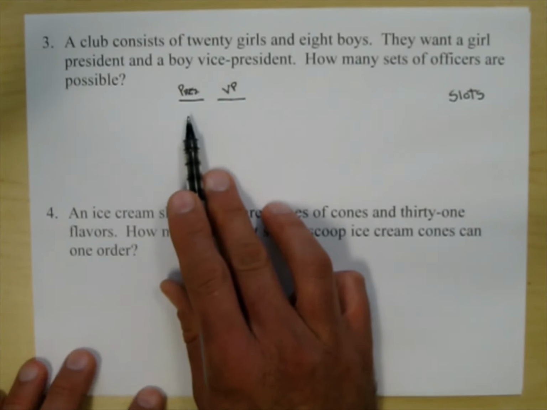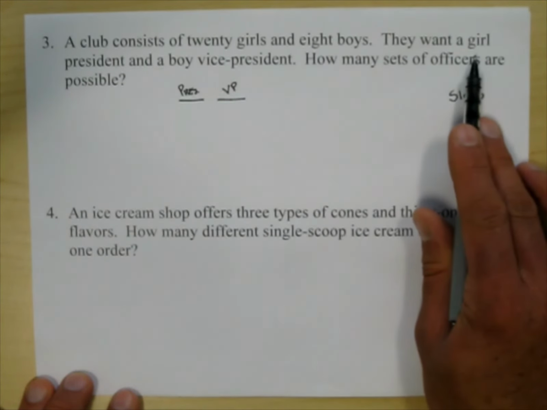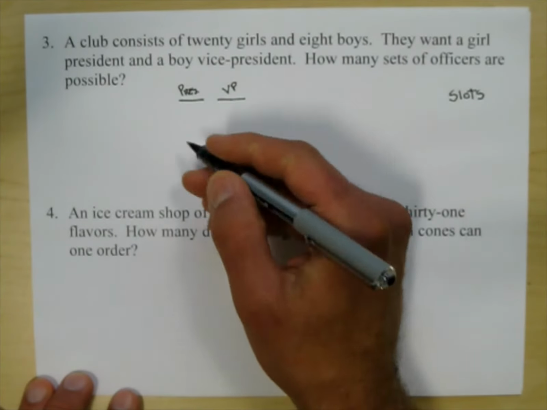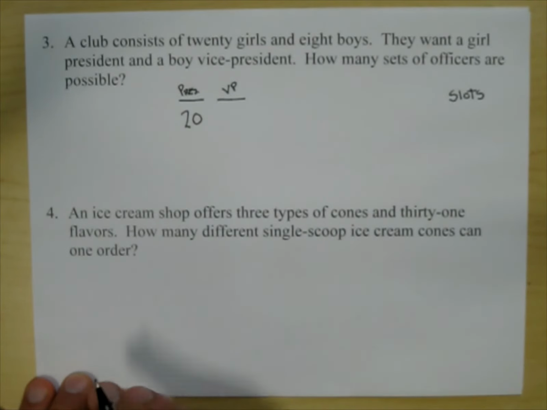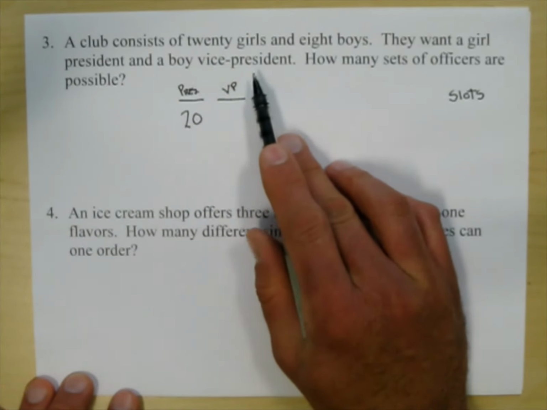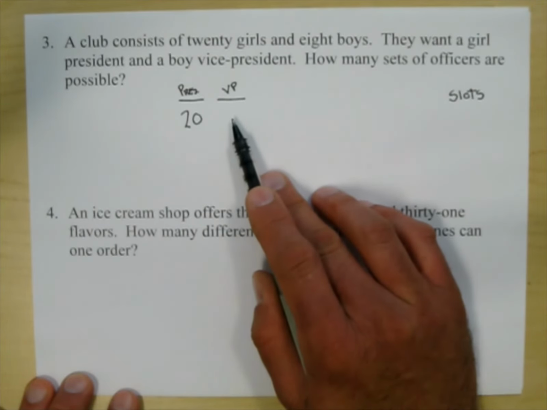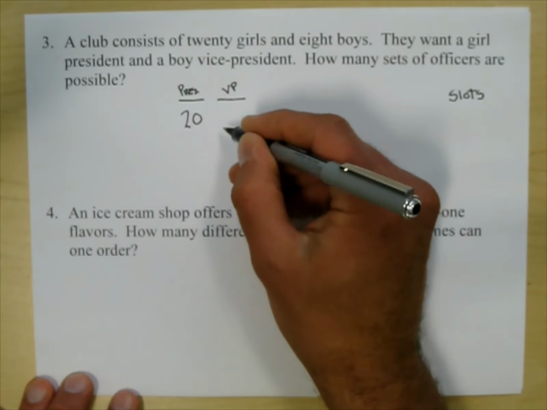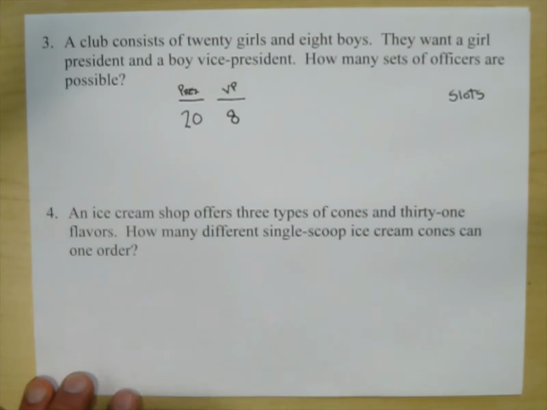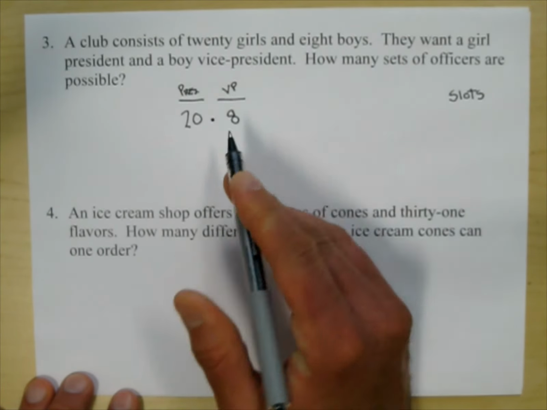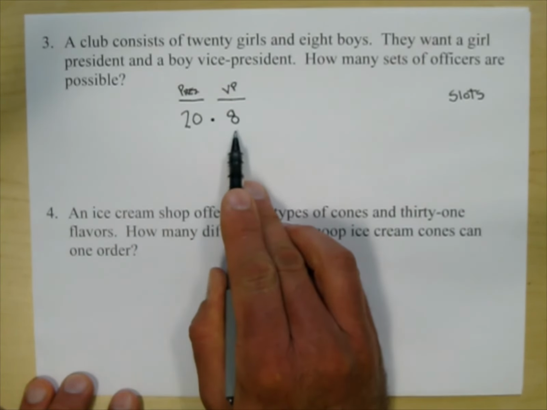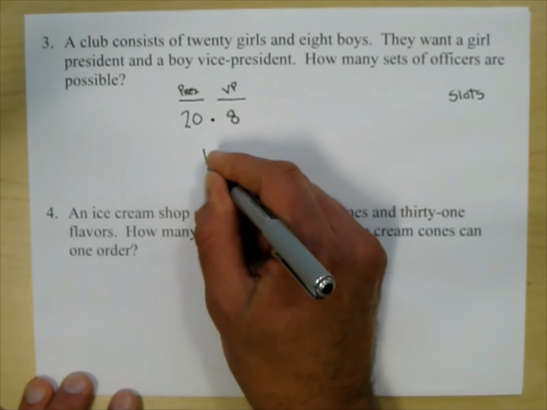So the first slot is how many ways can I pick a president? Well, they want the president to be a girl. And there are 20 girls, so below that slot I put 20. They want a boy VP. So how many choices do I have for VP? Well, there are 8 boys, so I'm going to put an 8 there. Because we have the product rule, we're going to multiply those together. 20 times 8. So you can think of it like 2 times 8 is 16, and then add a 0. So the answer is